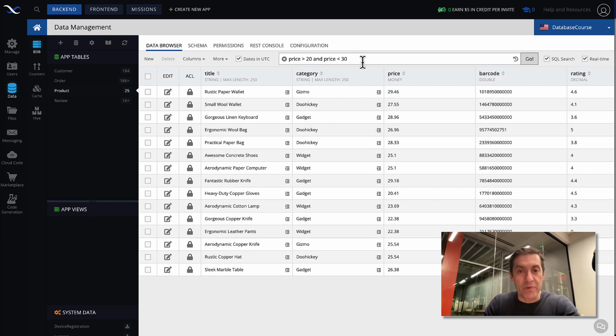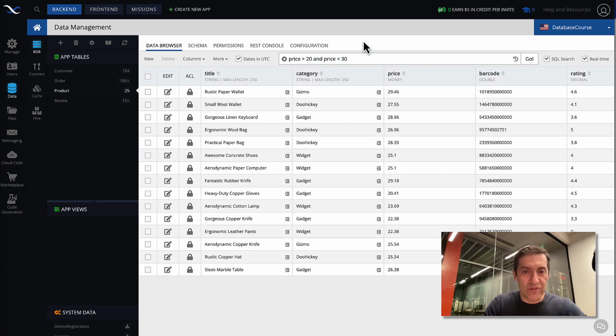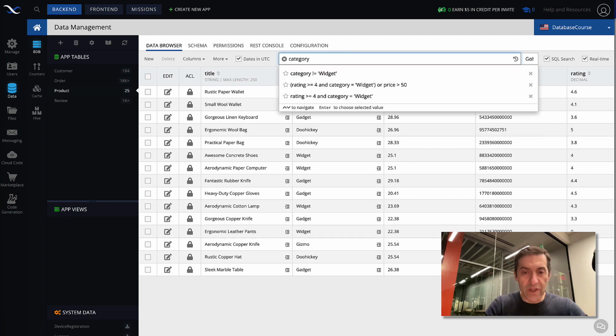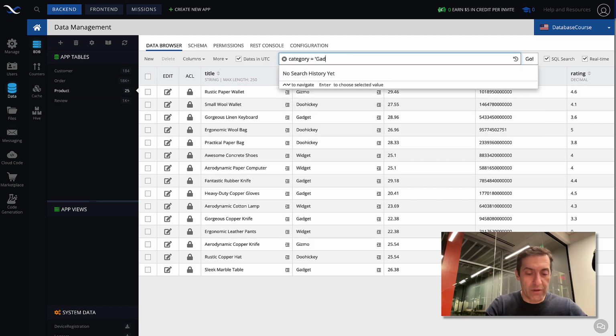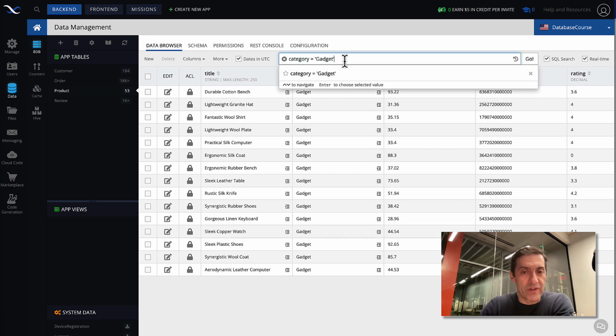Let's go with strings. I wanted to demonstrate with strings. So here we have, for instance, a category. It is a string type, and then category equals gadget. Click go, and then we're going to get all the records where the category is gadget. In the where clause, whenever you reference a string, it needs to be in single quotes. And I think in the previous video when I was presenting slides, it was in double quotes, and I hope this will not cause a confusion. It was really just for the presentation in the slides.